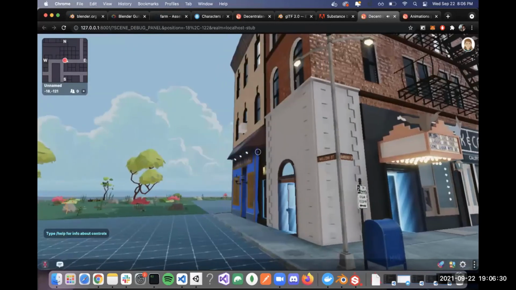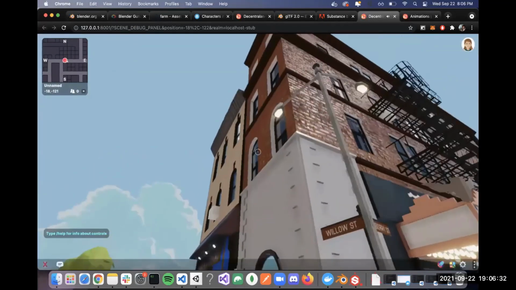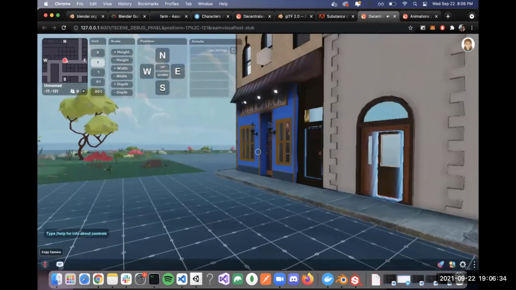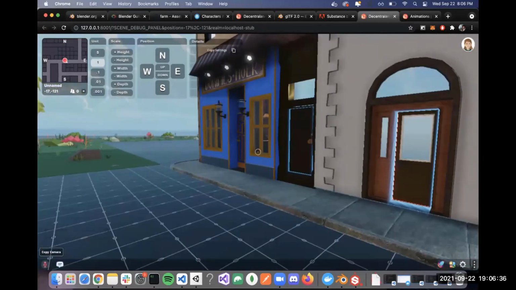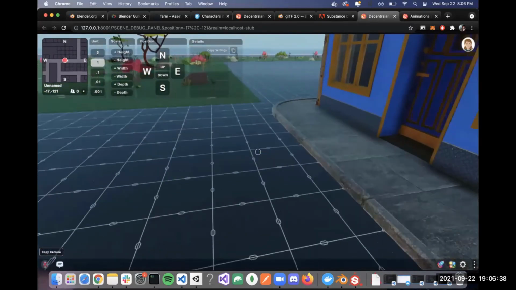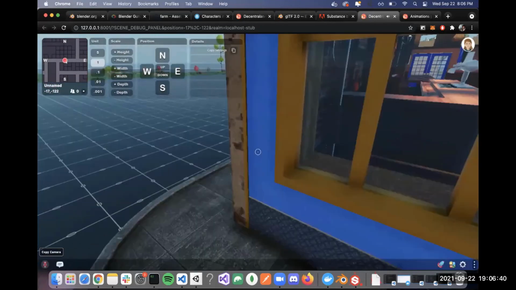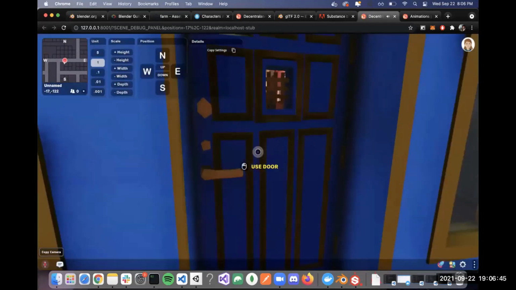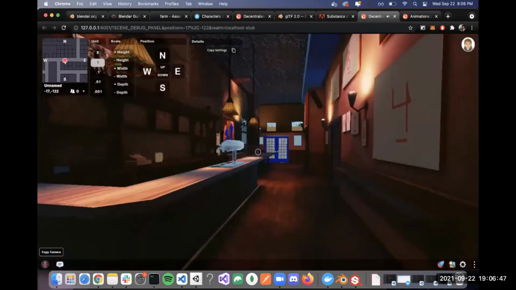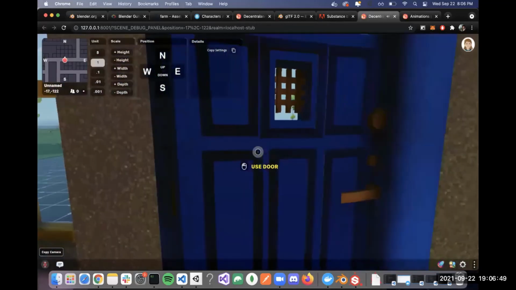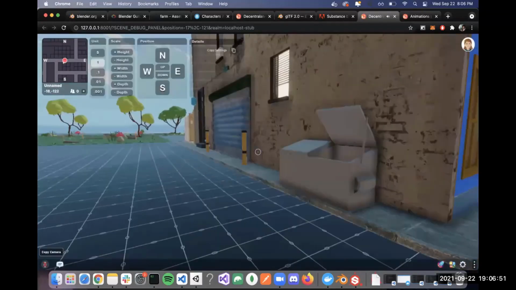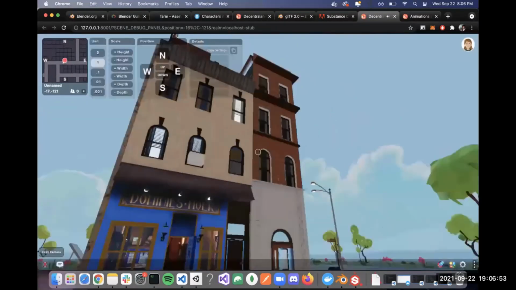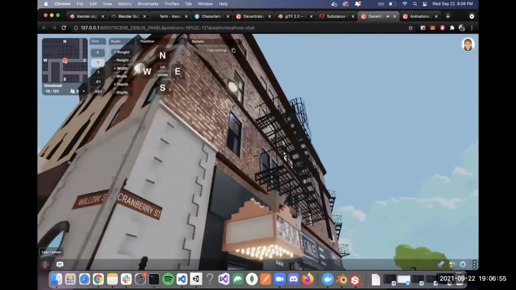There are a lot of cool tricks and ways of getting the best performance out of the property, but you should always be mindful of the polygons. The textures are usually actually the larger strain on the system than the polygons. This has a lot of textures, by the way, and the whole building has a whole bunch of them. It works okay, but if I was really stressed on it, I would